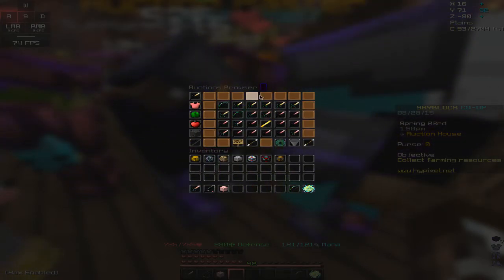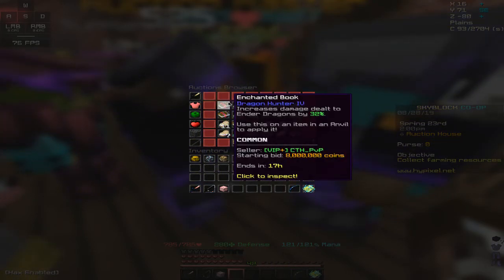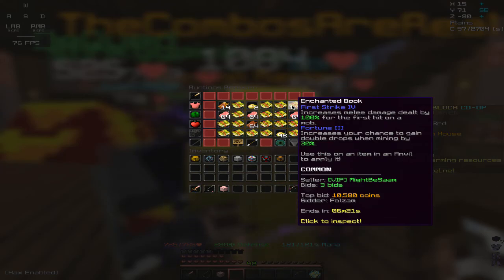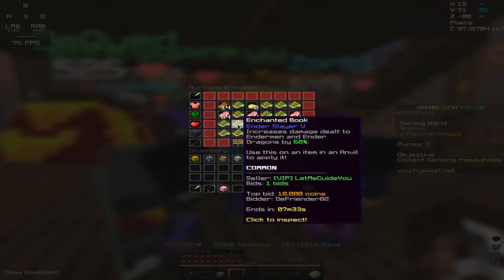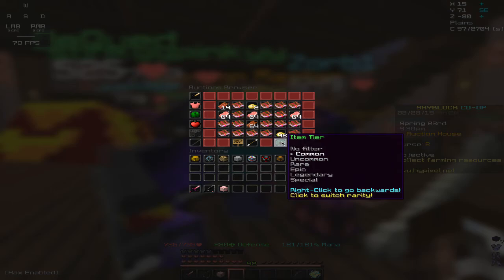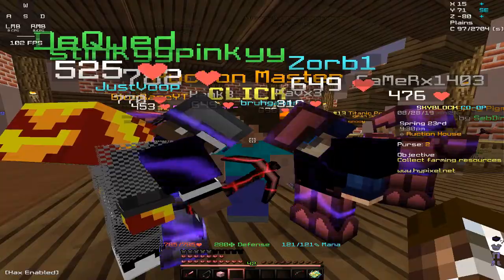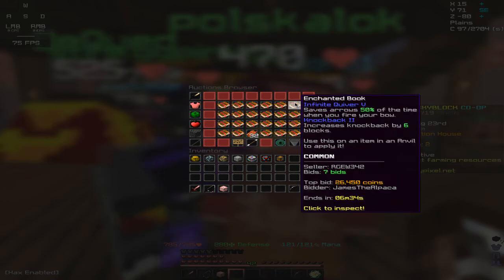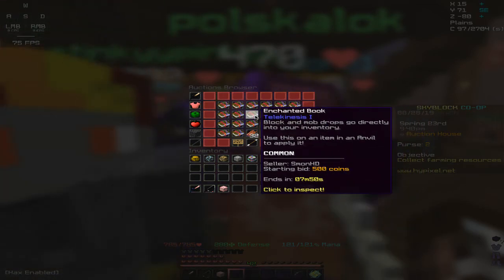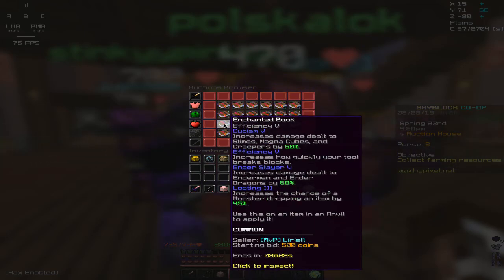Now if we come down to the auction browser here, we can go down to consumables, and if you come over to the enchanted book section, which is at consumables, and then go to the ending soon option, then common option, you can now search enchanted book or just enchanted, and all you'll find is enchanted books. But what you want to look for is